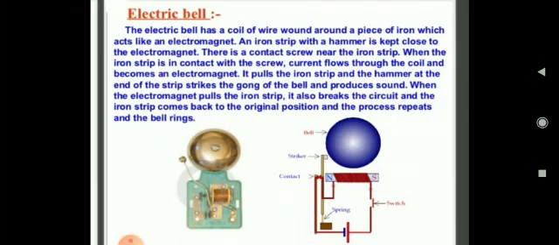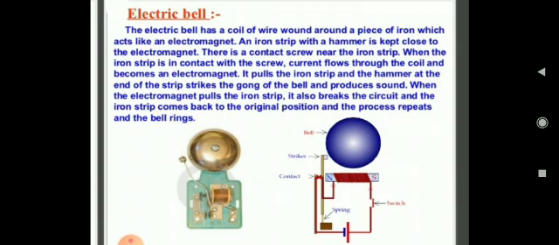See students, everybody is familiar with the electric bell, right? It has an electromagnet in it and works on the principle of the magnetic effect of current, right? Here you can see the circuit diagram of an electric bell. This diagram shows the different parts such as electromagnet, armature, contact spring, contact screw adjustment, a hammer and a gong. Now students, how does this electric bell work?